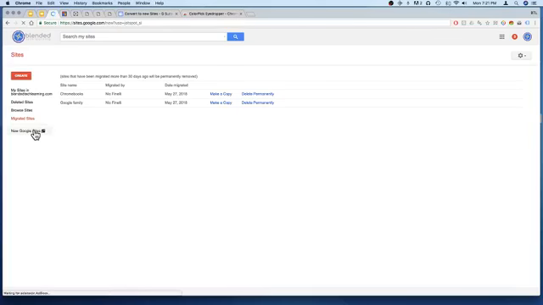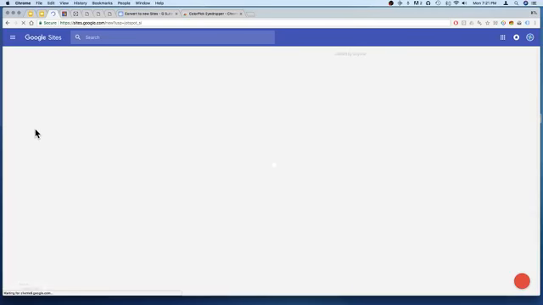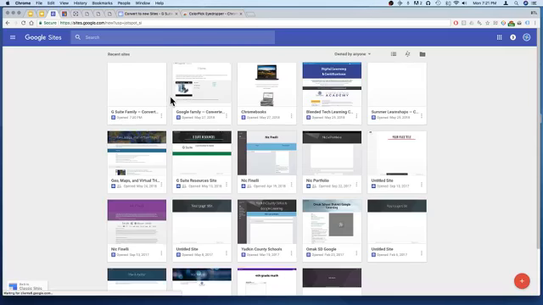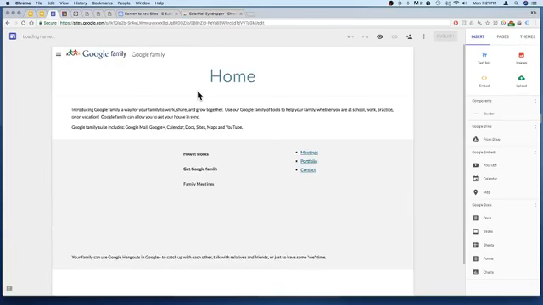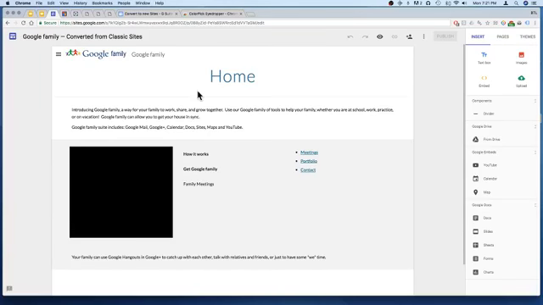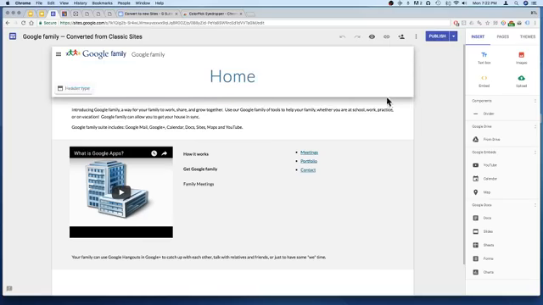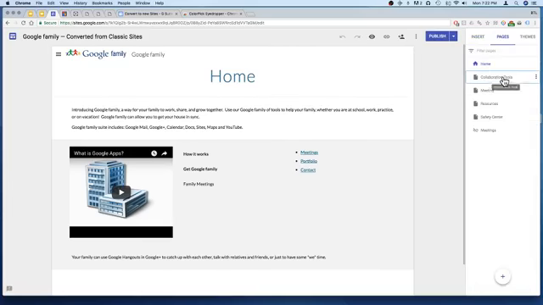If I want to go to my new Google Sites, of course I can go to Drive, but I can click on New Google Sites, and it's going to show me every single site that I've made. Here's the Chromebook one conversion. There's the Google G Suite family, and actually I called it Google Family before, so let me show you what that looks like, because that's the one I kind of cleaned up a little bit after it converted it, because there were some slight things that I wanted to change or rearrange, and in the new Google Sites it was easy, just dragging and dropping it rather than having to work with other formulas and things like that, or going into the HTML. I go to Pages, you can see